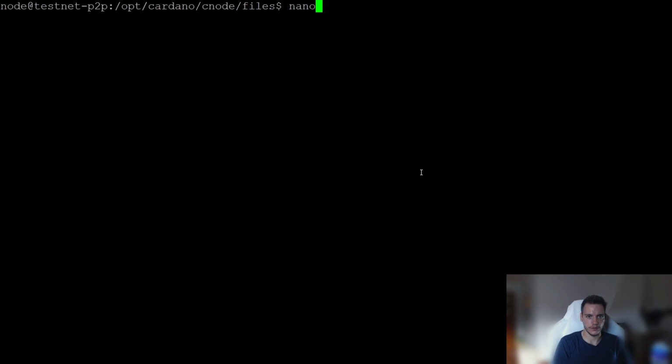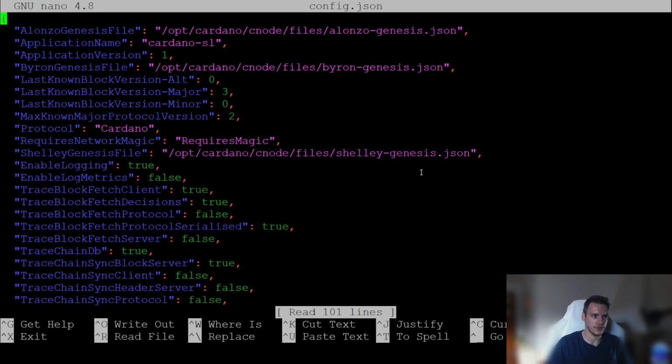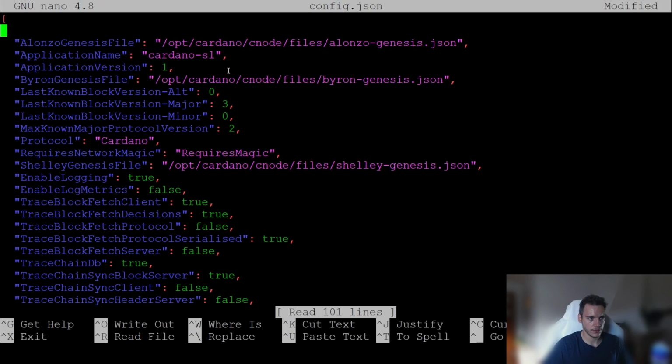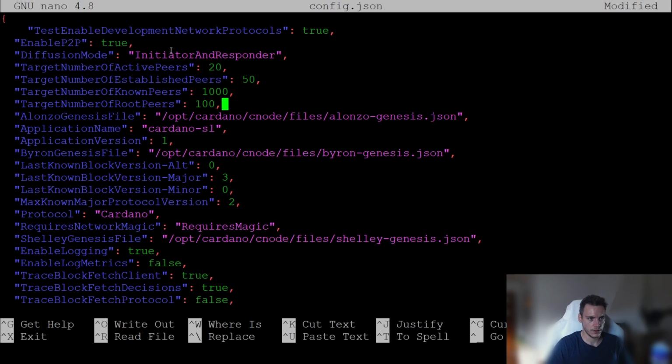And so first let's edit the config.json, and let's add the settings we talked about. So I'm just gonna copy them over because I have them ready on the other screen. Then we'll see them. Okay,